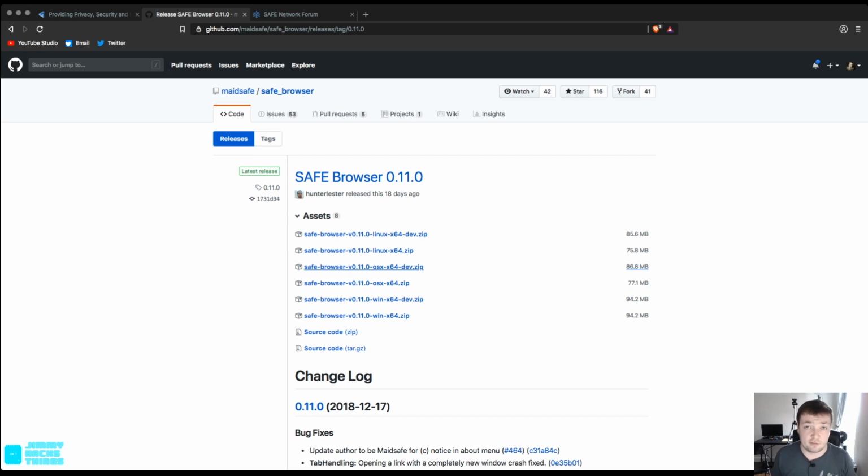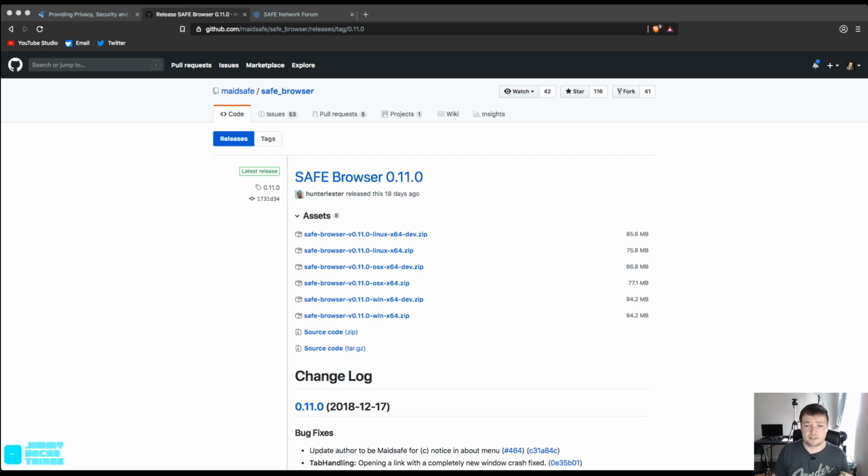Now, we have both browsers on our system, and since we're on a Mac, it's pretty simple. You just download the zip, and inside it is a standard application. Just drag it into your applications folder. Safe browser has two different browsers, or two different distributions, if you will. First, you see this dev piece here, which actually